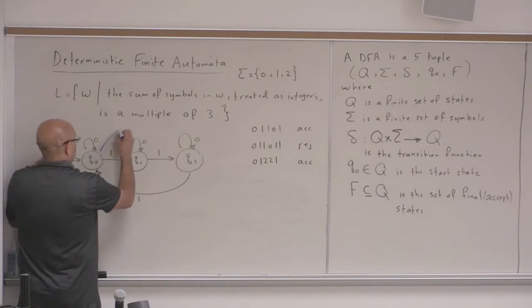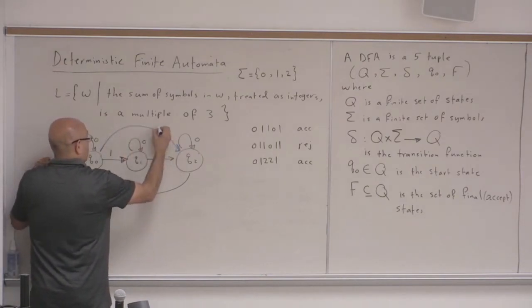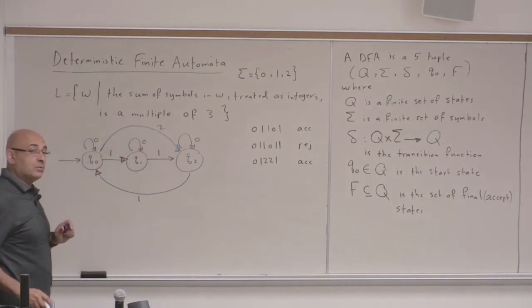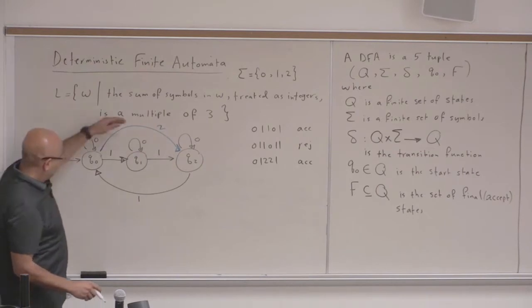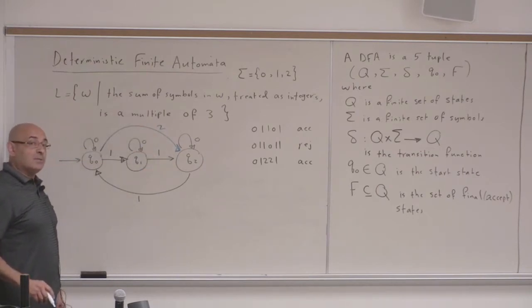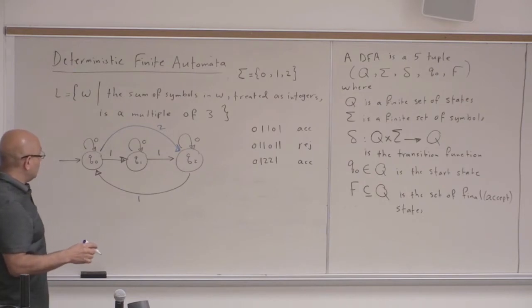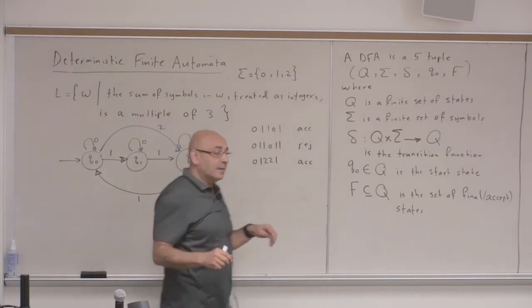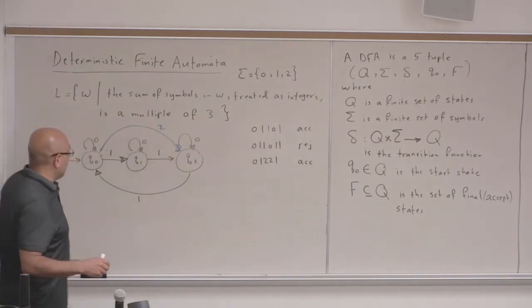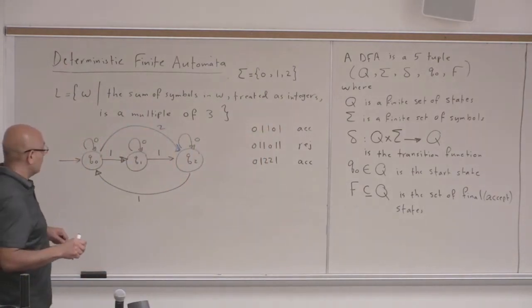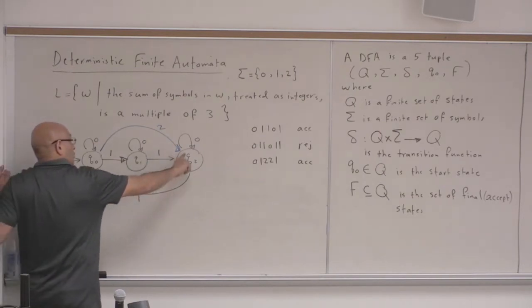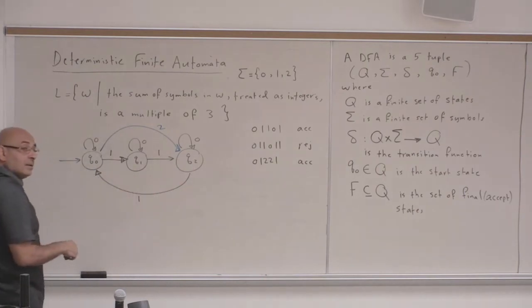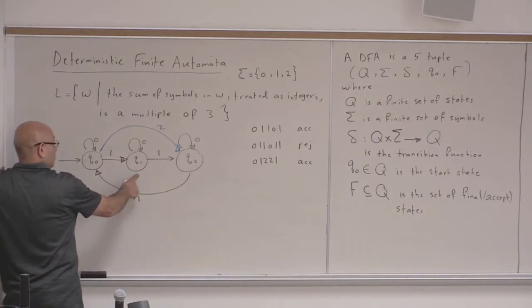So this is what 2 will do. It will take me 2 steps to the next. Instead of going to the next state, I go to the state after next. So Q1 would go to Q0. In Q1 I will go to Q2, then Q2 will take me to Q0. So the transition on 2 for Q1 would go to Q0.